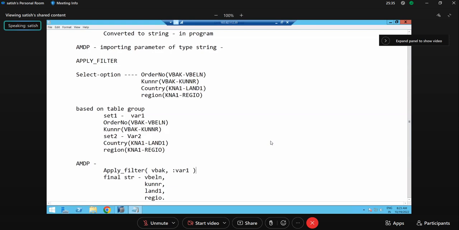Now what happens is, once this statement executes, based on this particular where condition which you passed from the program, it will apply filter on this, and only those records will be stored. For example, IT_VBAK gets only those records. Based on the select option, you are filtering the data. Same applies here, IT_KNA1, simply apply filter